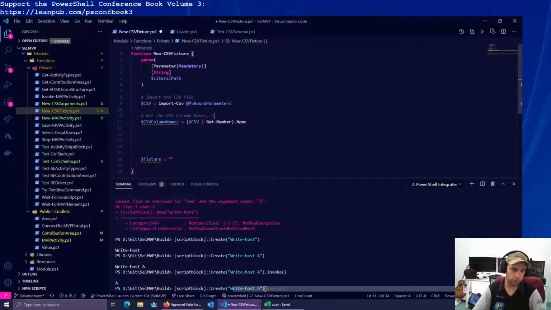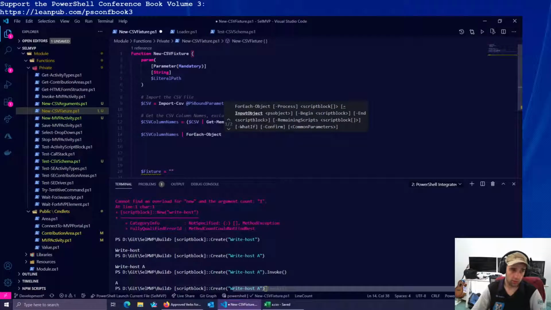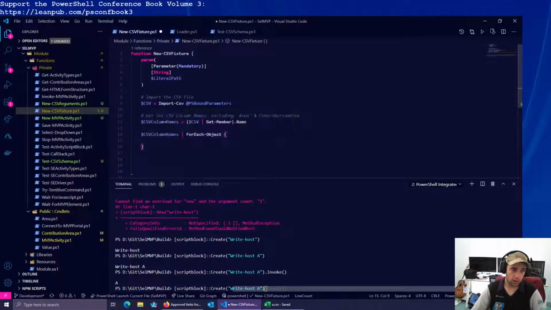We're going to exclude area and contribution area because they're just not required. And what we can do here is we can then just go CSV column names for each object. We can then effectively say